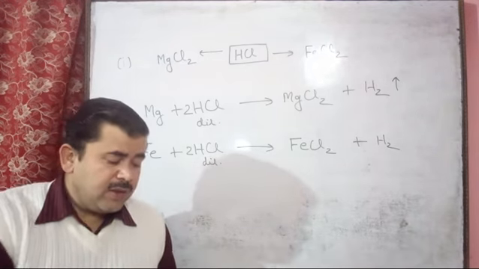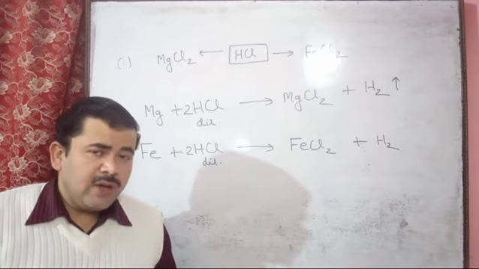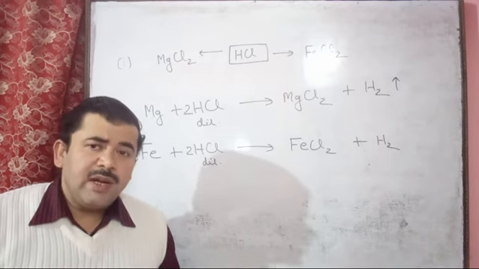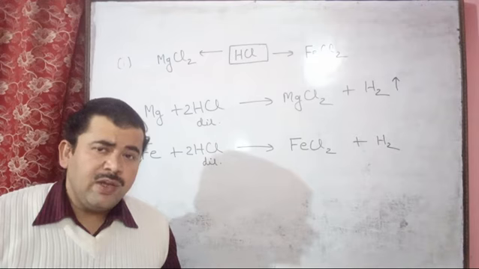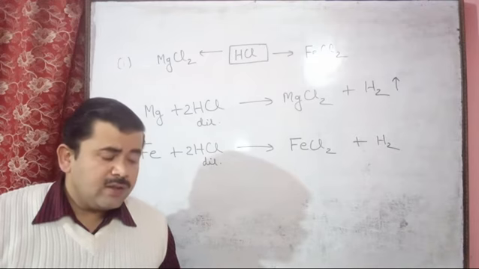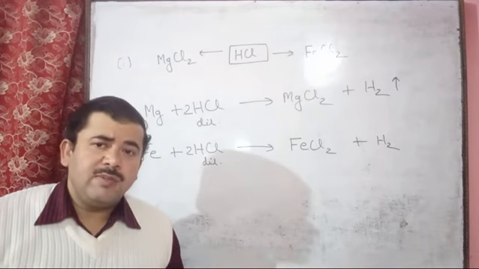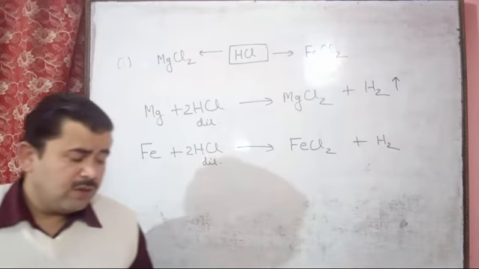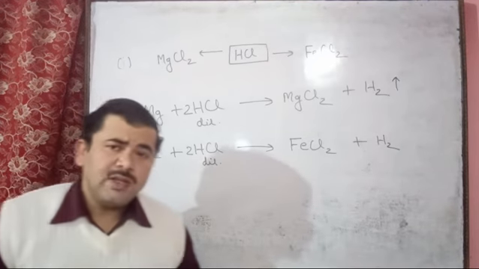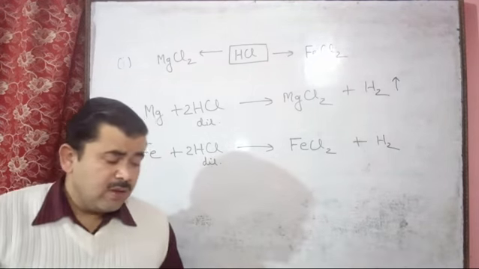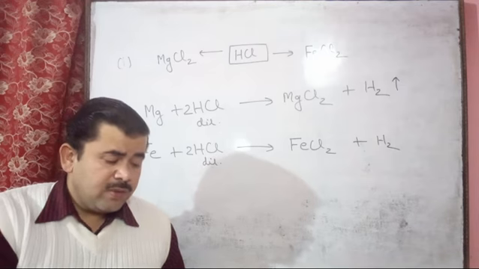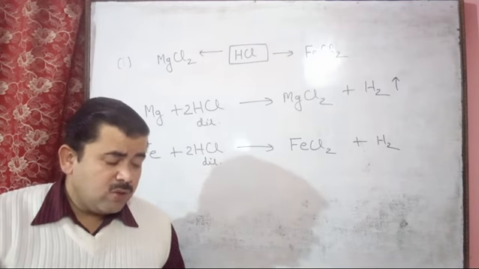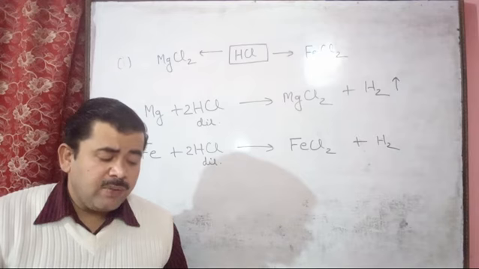And last one, fifth here, by using hydrogen: when nitrogen reacts with hydrogen, this gives ammonia, and when sulfur reacts with hydrogen, this gives hydrogen sulfide. So these equations you have to write in balanced form. And question number third, give reason for the following.